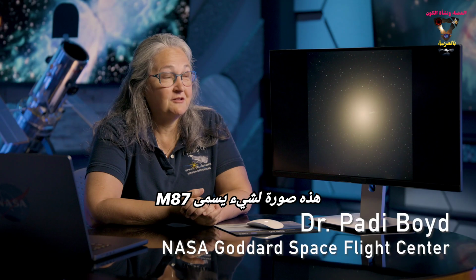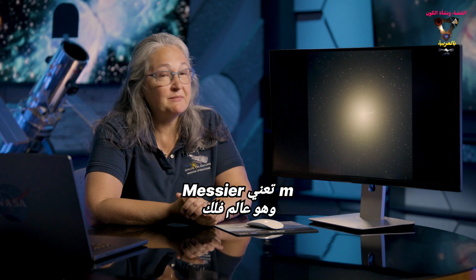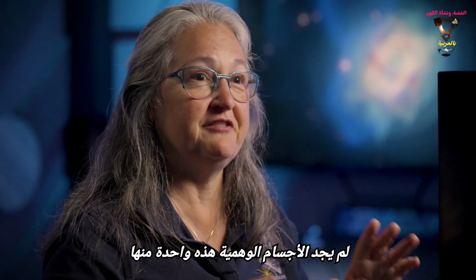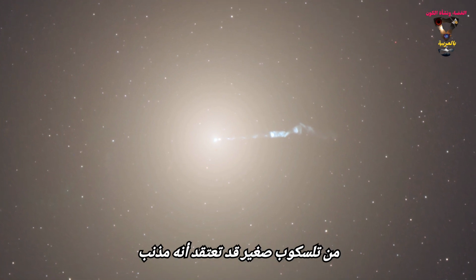This is an image of something called M87. M stands for Messier. And Messier was an astronomer who was very interested in finding comets. But he didn't want to find duds, he didn't want to find false alarms. This is one of them. And you can see why, if you were looking at something like that in a small telescope, you might think